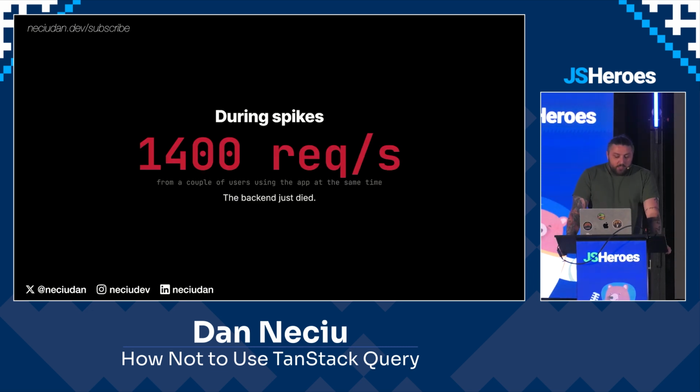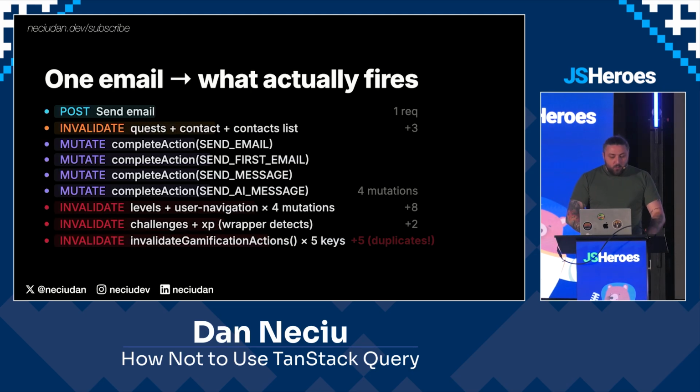Eventually, when nothing was working, we kept looking at the metrics and noticed one metric that stood out. We had over 1,400 requests per second on average during announcements and onboarding. And what was happening? First, the user does a normal action in the app, like send an email. When that happens, we were just triggering a POST request. And then we invalidated directly affected queries, like the contacts, the emails, whatever the users were seeing at that point,